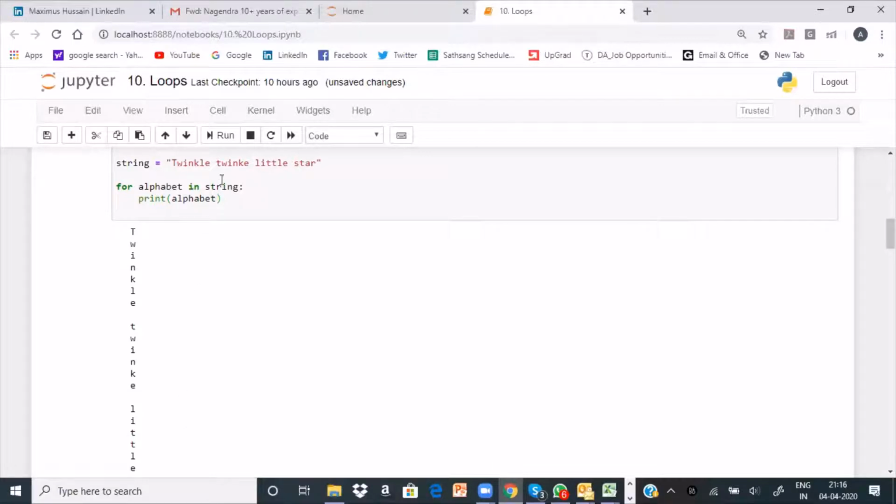Now, instead of alphabet, let's say I put it as 5. What will happen? It did not fail anything because this entire thing is in quotes, which means even the number 5 is treated as a string only, as a character only. So for alphabet, when I'm trying to look for an alphabet in a string, it is always true. That is the point I want to derive towards. Is that clear to you guys? Are you with me?